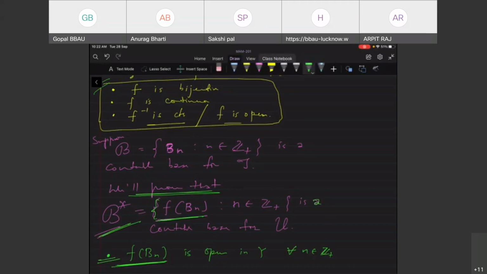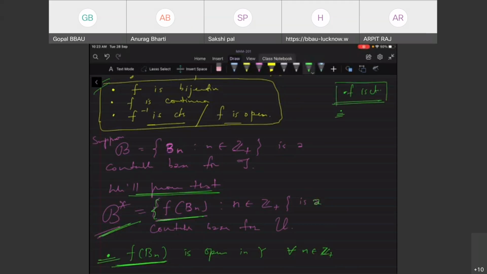Sir, since the mapping f is continuous, and we also know that the continuous image of open sets is open, that's why it will be open. ये कहाँ से आया? Continuous image of open set is open, from which property of f is it coming? You said f is continuous, then you said image of open set is open. ये तो कंटिन्यूटी से नहीं आता, कंटिन्यूटी कहती है इनवर्स इमेज ऑफ ओपन सेट इज ओपन।